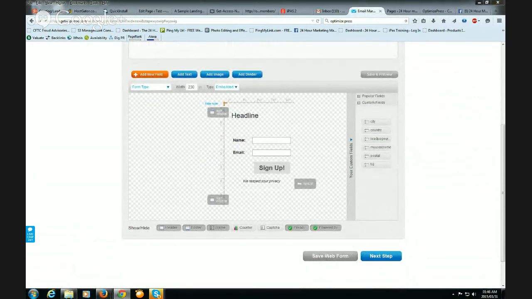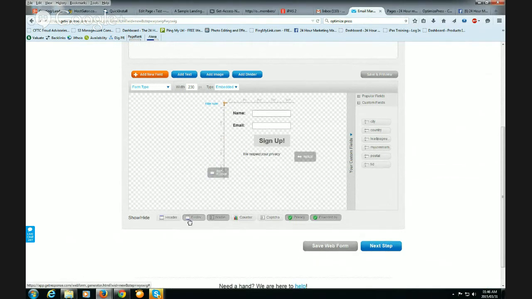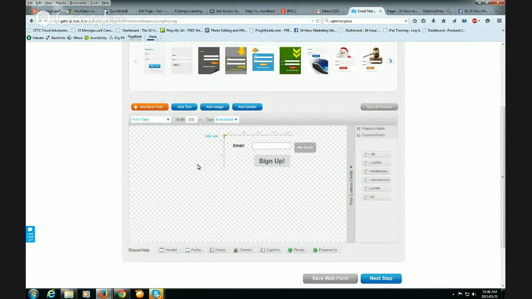Okay, once we've done that, we want to go to the bottom here and click off header, so it takes the header away. We want to click off footer, which takes the footer away. We click off name, which takes the name away, and we click off privacy and powered by. So now we're just left with that. Once you've done that,